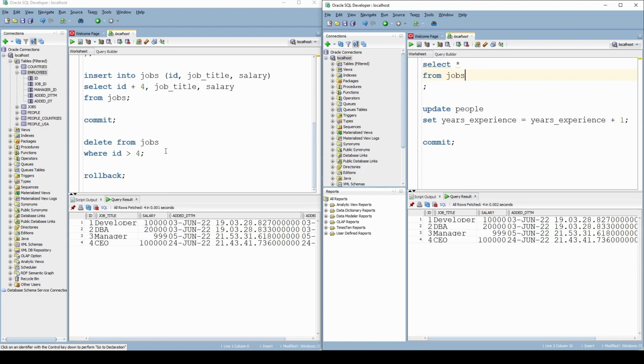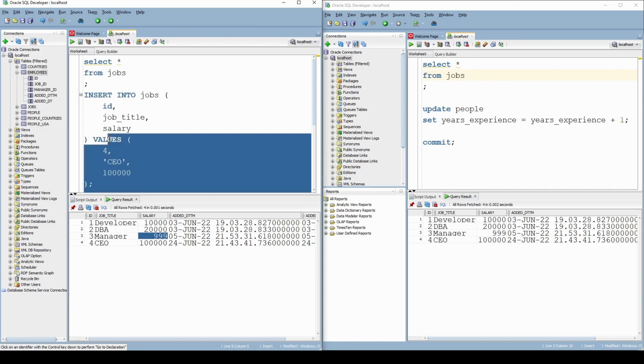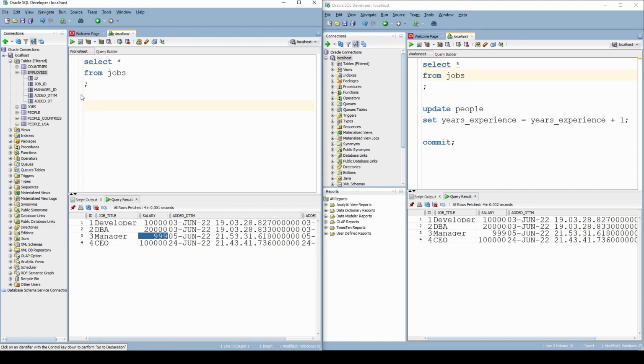Basically, the update works the exact same way, right? So if we wanted to increase, I don't know, the salary of a CEO and a manager, or let's say that we wanted to assign the salary that a CEO has to the salary of a manager. I don't know why we would do that, but let's try to do it, right? So what you would do is, and we will utilize subqueries, basically, you would not select, you would update